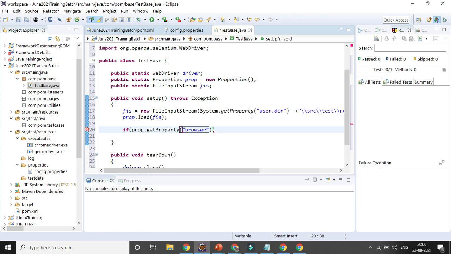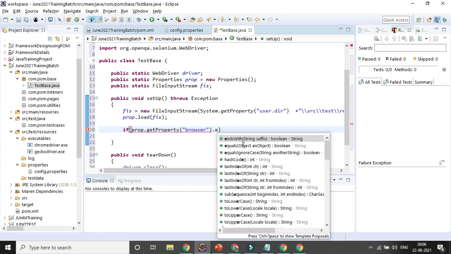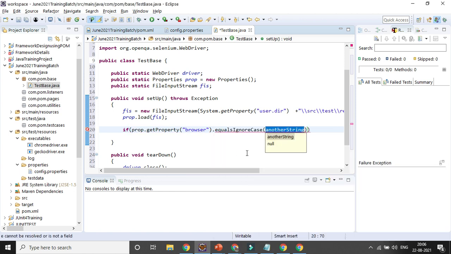Suppose I want to check whether the browser dot equalsIgnoreCase, in case it is equal to, say, Chrome. Then what will we do?